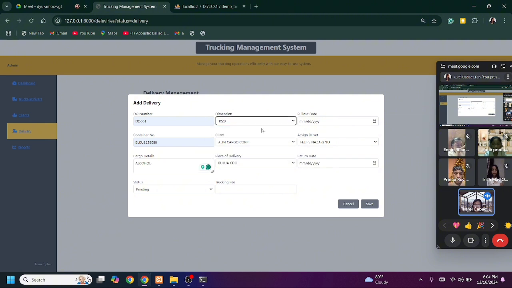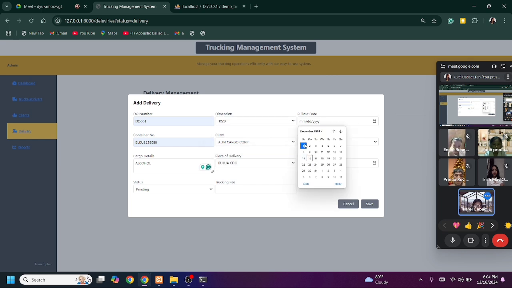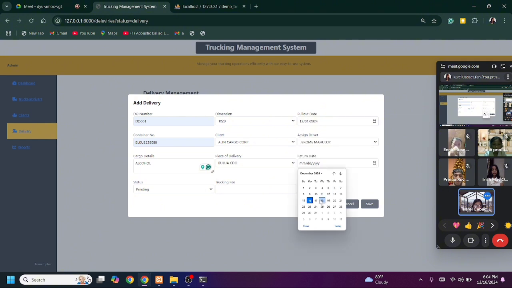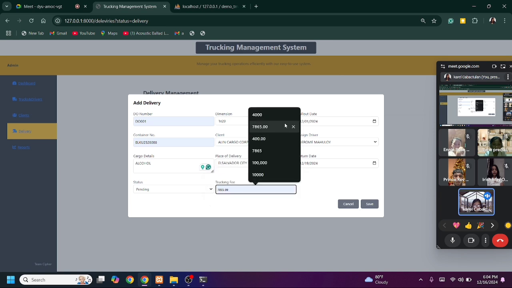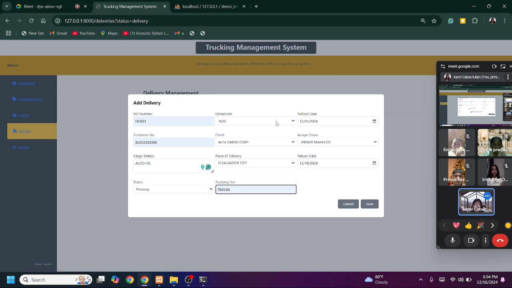Dimension can be 2 by 20 or 2 by 40. Pull out date, and we have two drivers also. You can pick. Let me try to, yeah, it's good now. If we save the following information, it will automatically go to the pending tab.